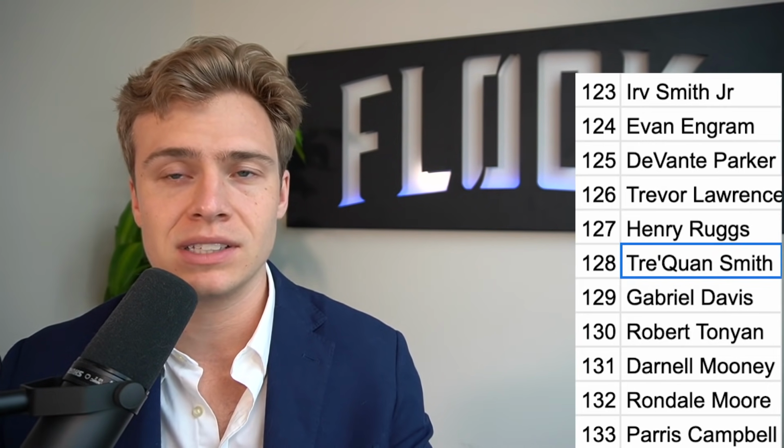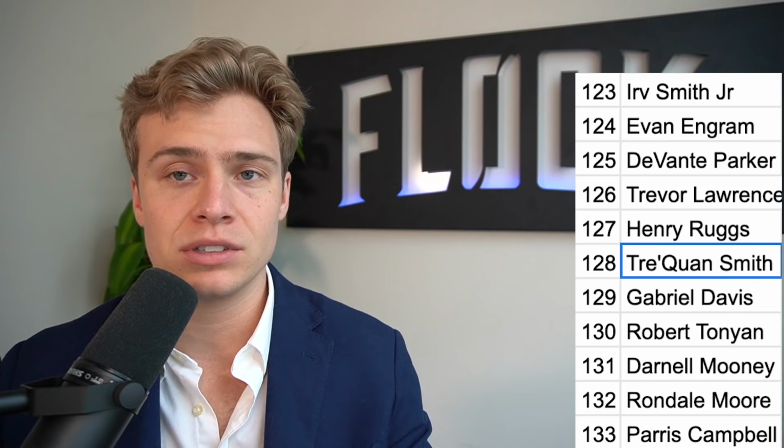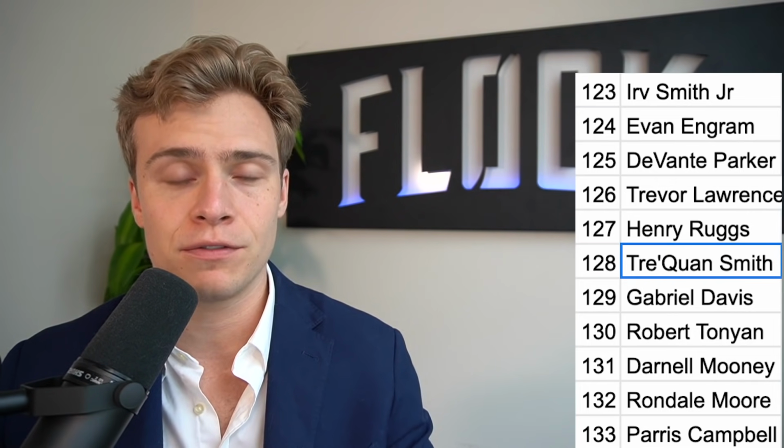We have him directly behind Henry Ruggs, Trevor Lawrence, Devontae Parker, some tight ends in Irv Smith Jr. and Evan Ingram. We have Trautman Smith directly ahead of Gabriel Davis, Robert Tonyan, Darnell Mooney, Rondell Moore, Paris Campbell. And if you look at him with our wide receiver rankings, we actually currently have him ranked as a wide receiver 5 in fantasy. And now with Trautman Smith, I understand that he is the wide receiver 1 on this